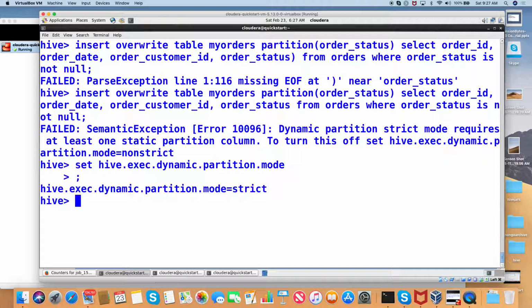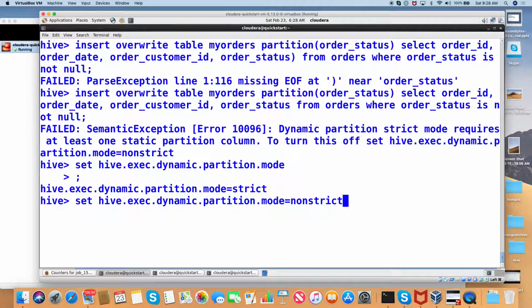This is also very weird. I don't know why they have done it like that. If you want to get the value of a configuration, you would usually use the get command, right? But here, the command you use to get also needs set. Now I am going to change it. How? Equal to